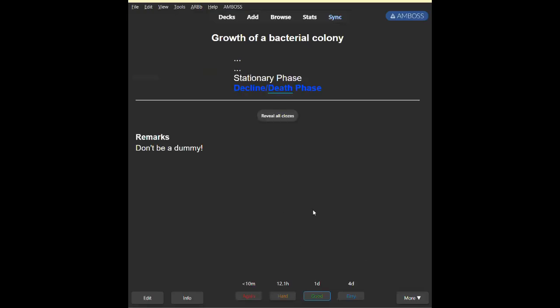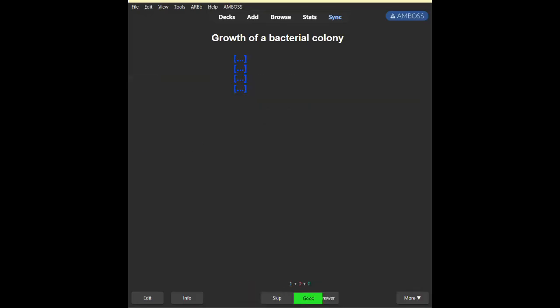Okay, and then in the last card that it will generate, so it generates a lot of cards already, is this. All of them. You have to do all of them immediately. So that's like the final boss of this card. Very useful for processes, very useful for life cycles of bacteria, life cycles of parasites, especially flow charts.